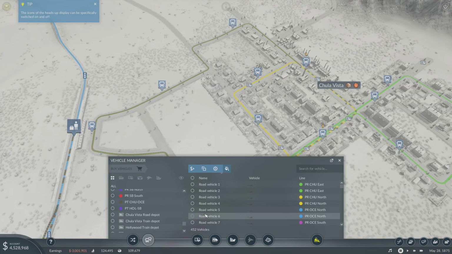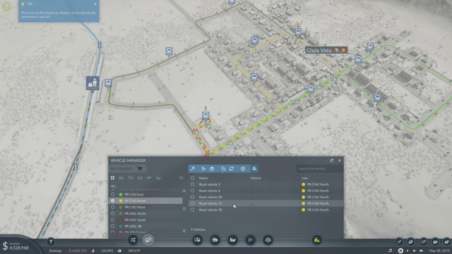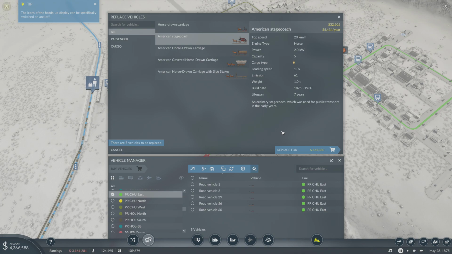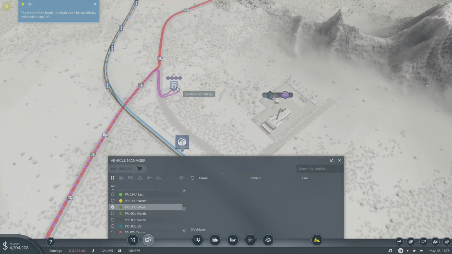Now we need to manage the vehicles on these lines, so let's start with Chula North. And we're going to replace all the vehicles with a stagecoach. Chula East. Replace them all with a stagecoach. And then Chula West, that's the new one. We need to buy vehicles. They are going to come from...